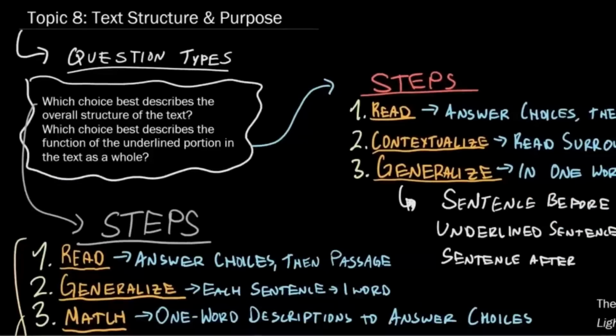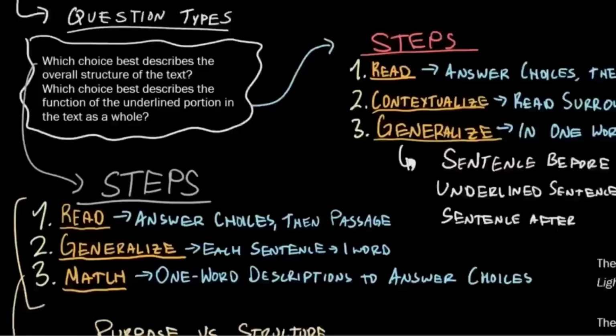on that exam. So question types here, we have which choice best describes the overall structure of the text. This is almost word for word on every SAT. They don't really change the structure of this question at all. Now they also have which choice best describes the function of the underlined portion in the text as a whole. Okay, this is also word for word on a lot of SATs. We're going to split this up into 2 different methods, so let's look at the method for this first question